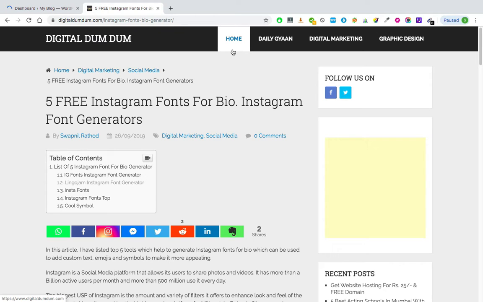Now the main objective behind making the navigation bar is, first, the user should be able to navigate through your website, to work around your website. If he is not able to find what he is looking for, he will simply hit the back button and go on to the next website. This action by the user sends a very negative signal to Google that people are not interested in your website. That is the kind of signal that Google gets about your website. So make sure that the navigation is easy. We don't want the user to move away from our website.